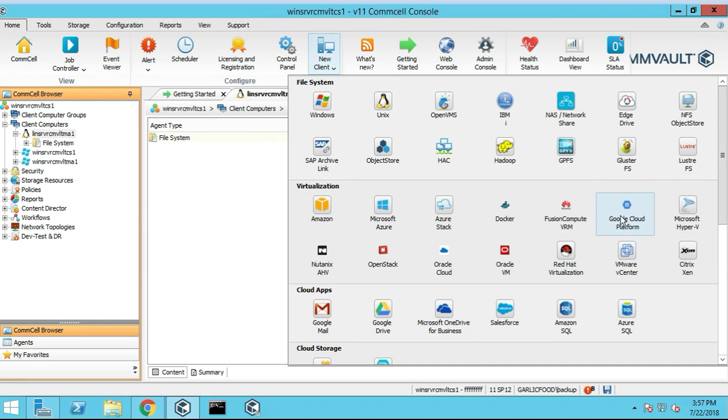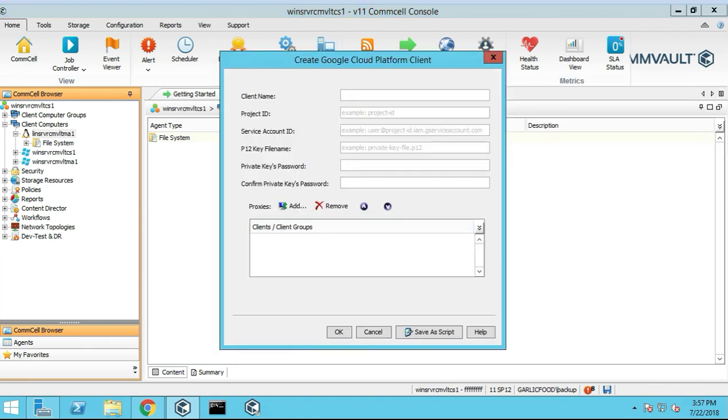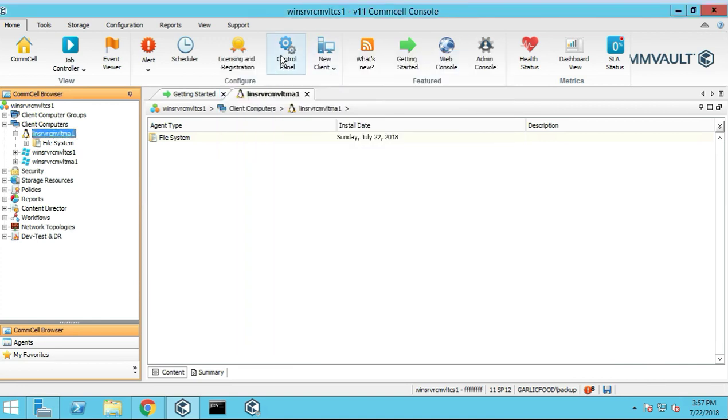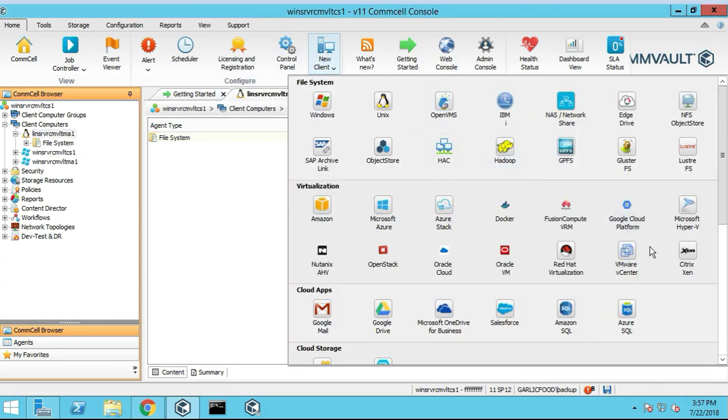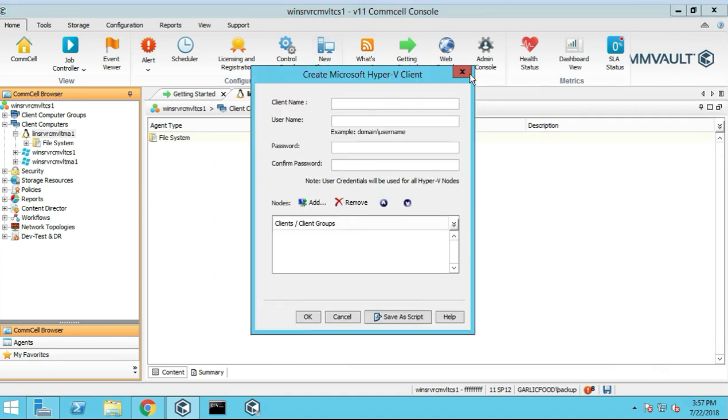Google Cloud Platform. Everybody loves the cloud. So that's kind of a nice thing there. New client. So Hyper-V. You know what? I tell you, Hyper-V, it's okay. I prefer